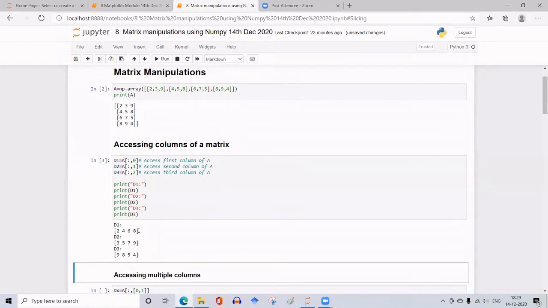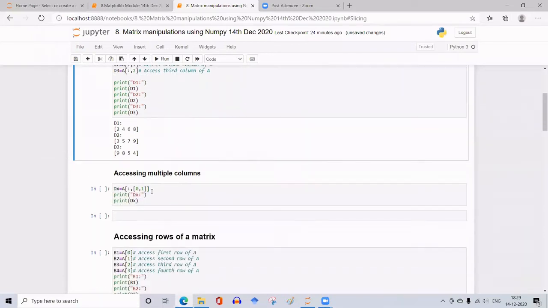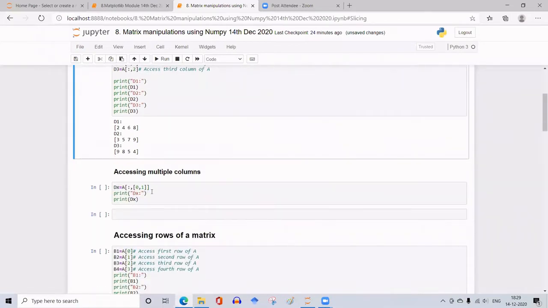Similarly, the second column 3, 5, 7, 9 is extracted here. And then the third column is 9, 8, 5, 4. This is how we can access the columns and do any further manipulations.